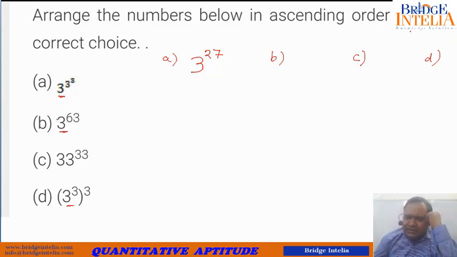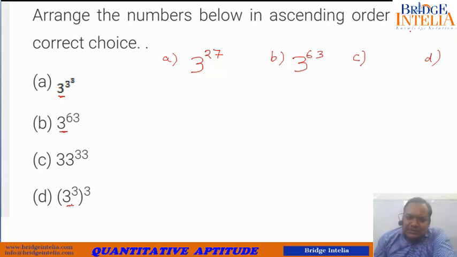It's 27. Option B, you can write it as it is. Now you can notice that the base is same. So these options, option A and option B, these two are comparable up till now. Now option C, no clue, because the base is not same. It is 33 and not 3. So we leave it as it is as of now, and we move to option D.